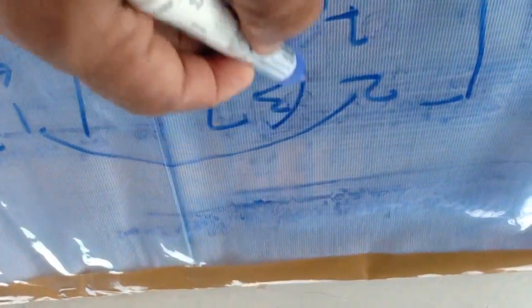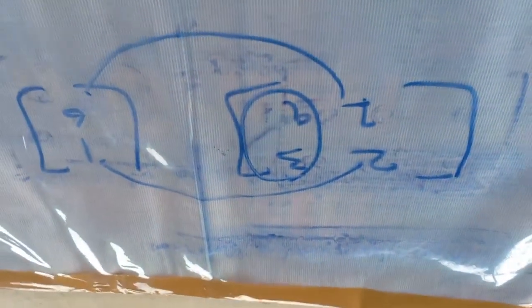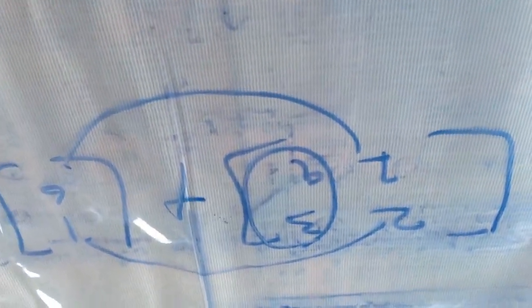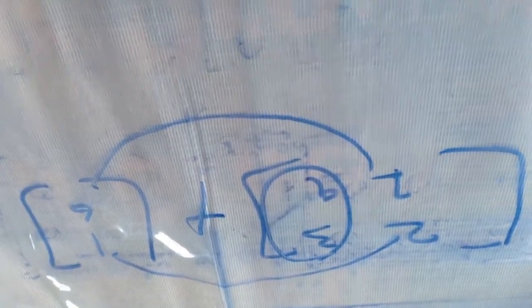How to add? First one with first one, second one with second one. For this column there is no element in the corresponding next set to perform the addition. That's why it is not possible. That's why they must have the same order. I mean to say they are equivalent matrices.